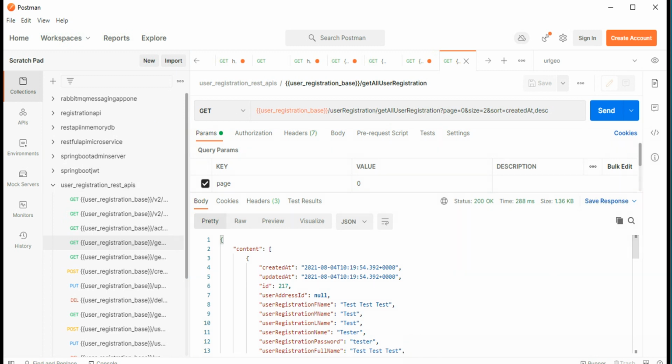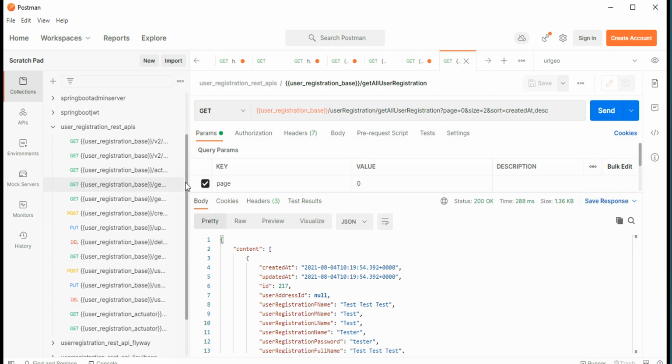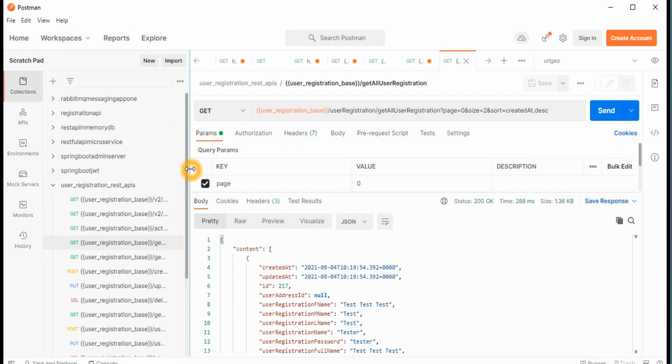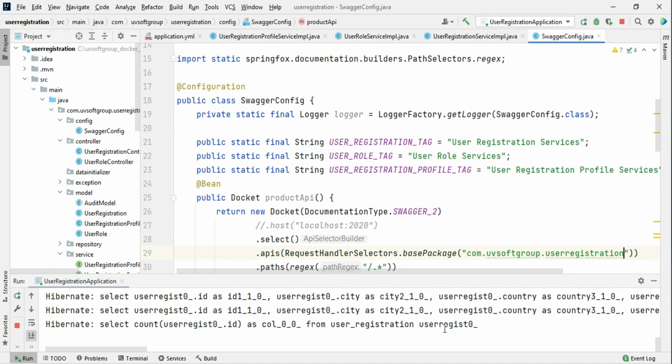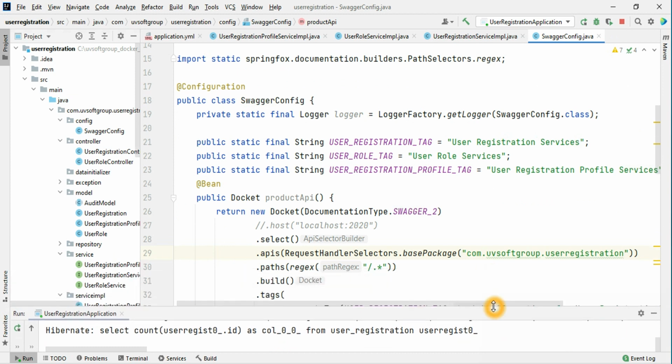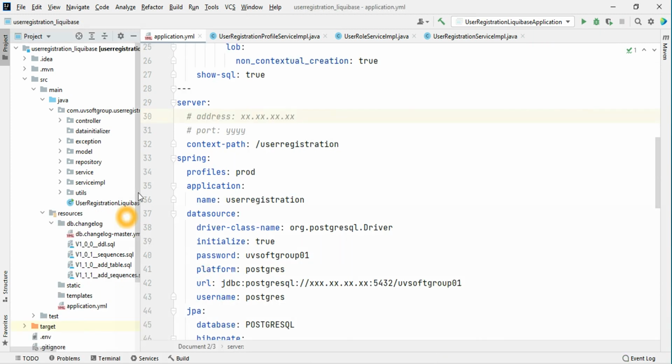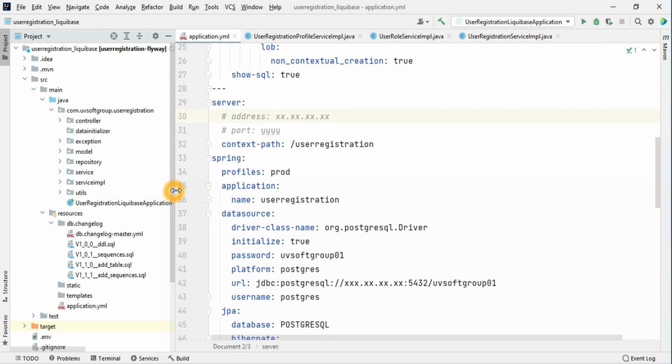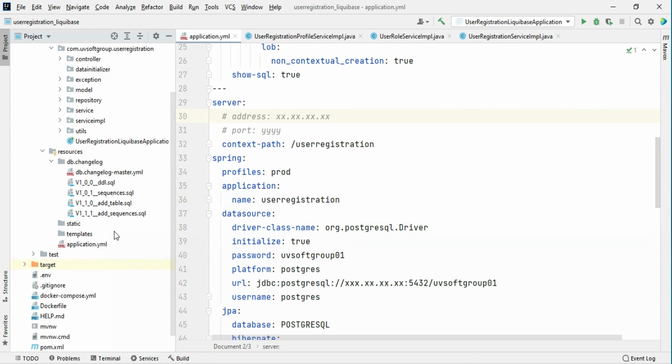So let's now start the development. What we talk about is how we can integrate Swagger UI or Swagger documentation for your REST APIs. So let's make a start on the development. That's the development part that we already discussed, and as I already said, we have the same application with different database migration tools. In my previous screencast you saw the Liquibase-based database migration tool, and I will integrate the same documentation,